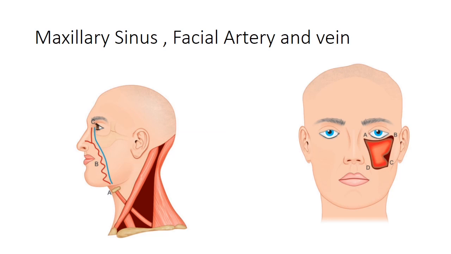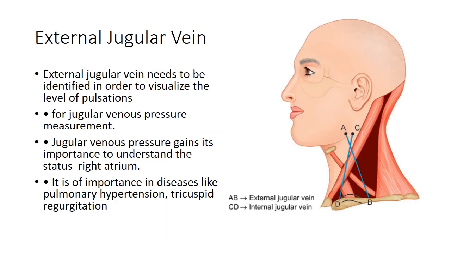So that is very important to know, how this artery runs. We also know cosmetic surgeons are giving injections or fillers near the nasolabial folds for increasing the length or the thickness of the lips. So that is also very important, to take care of this artery, right? Now we have the external jugular vein, right?